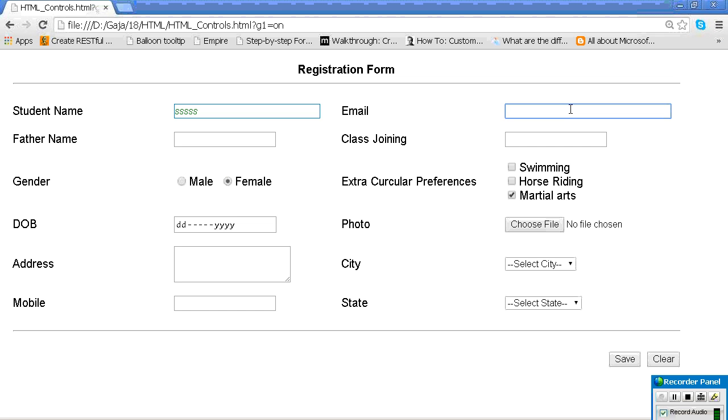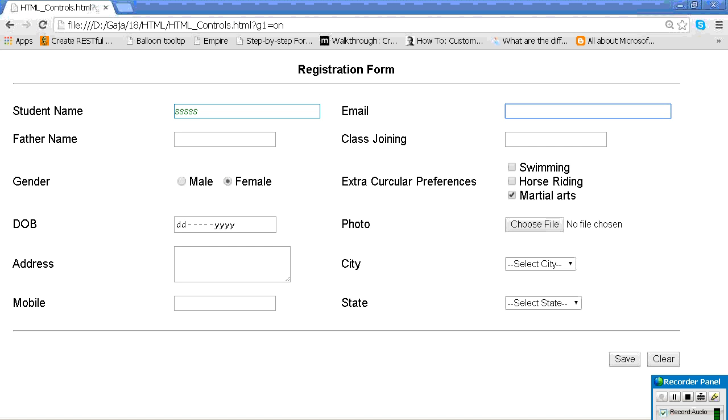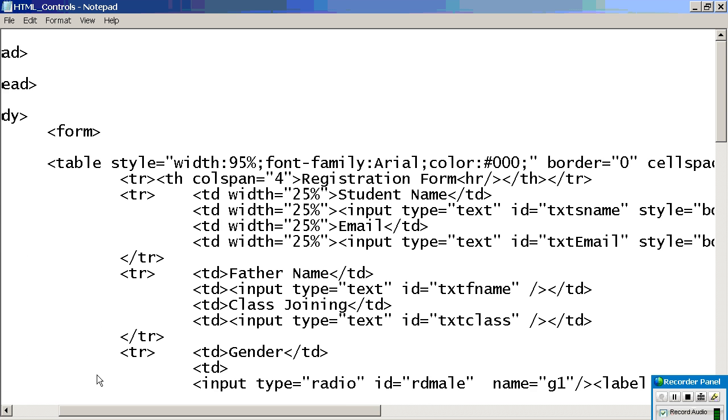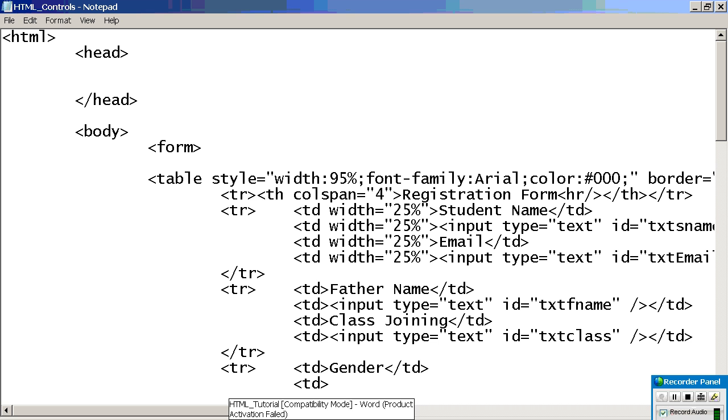So to avoid this, we go for another type of style called internal style. If you want to specify internal style, where should you write it? Go to the head. In the head, as of now, we have been writing only the meta tag. Now, additionally, we are going to see two things: one is style, one more is script. Style is for CSS, script is for JavaScript. That's it. By that, your HTML designer part will be completed.